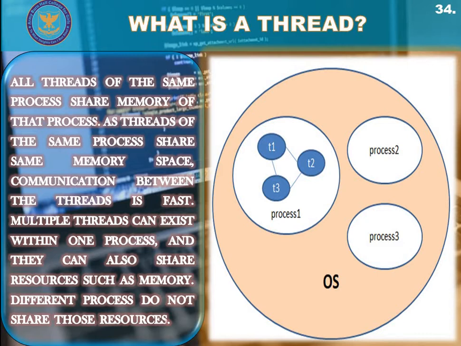Another thread is of spelling checker, or spelling checking thread, which is continuously checking the spellings of your data even without your permission. When you make any spelling mistake in your data, a red underline comes under your word or sentence. So an invisible spelling checking thread is continuously working behind the scenes.